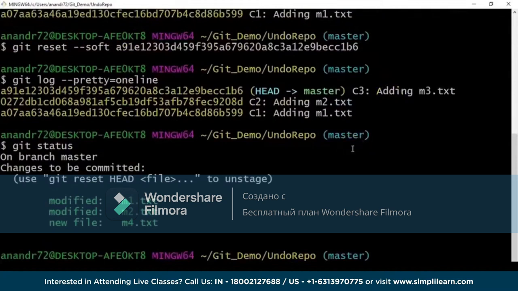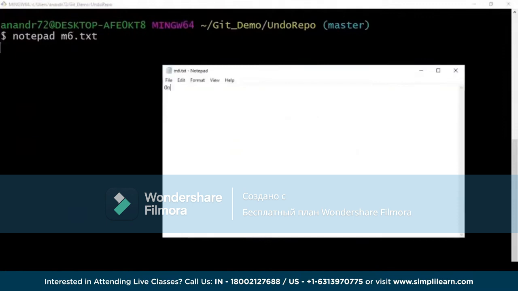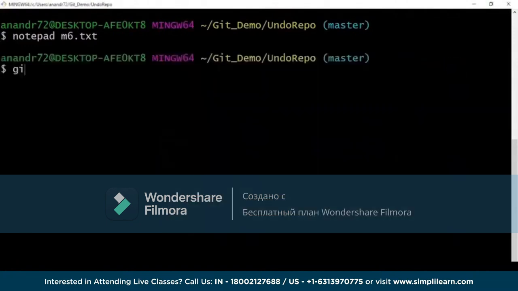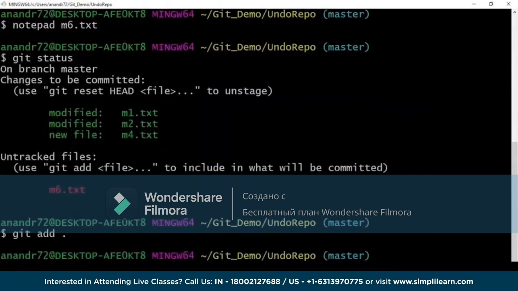All right, now I can make some more changes that I want as a part of my commit, and possibly go ahead and commit this whole thing as a new commit altogether. Maybe I'll open up a notepad and create a new file called m6.txt and say one new file that was missed out. I make this change. I go to a git status. All these files are still there. I would say git add dot. I would say git commit -m C4